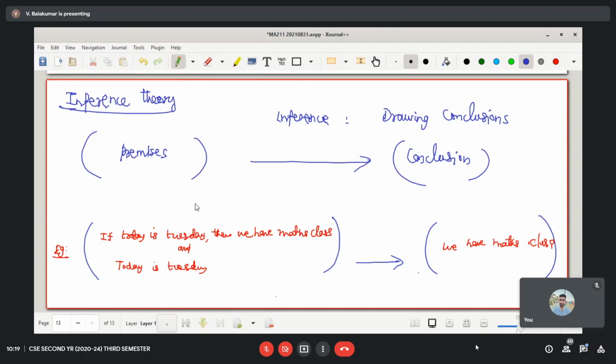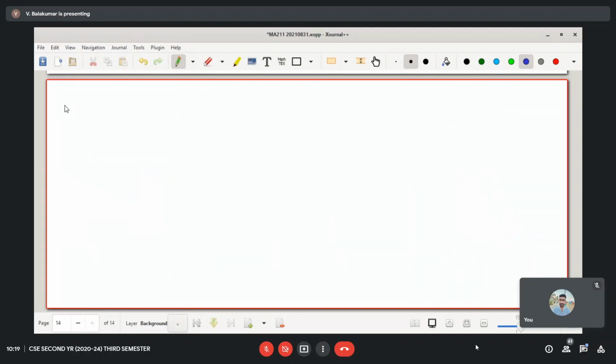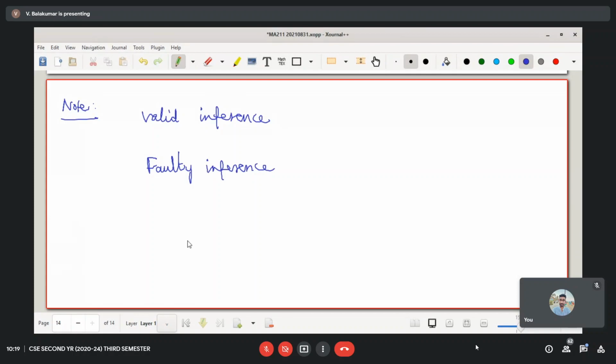Now we have two types of inferences. One is valid inference, meaning correct conclusion. Another one is faulty inference. Valid inference is a correct conclusion.